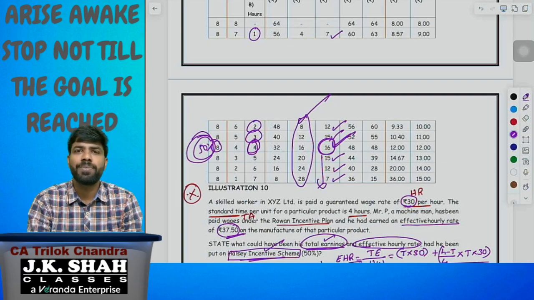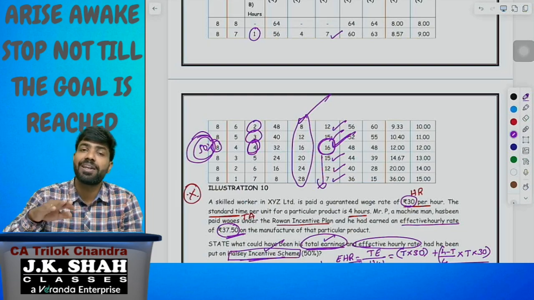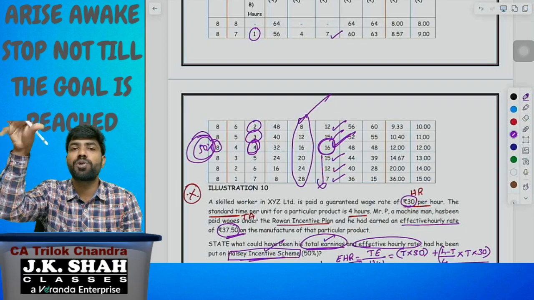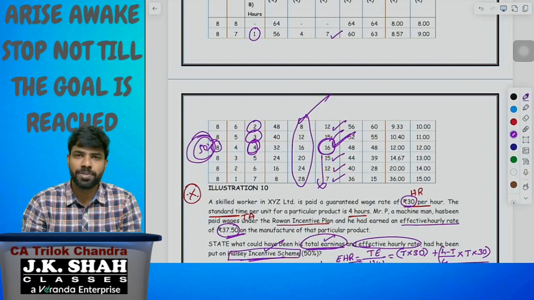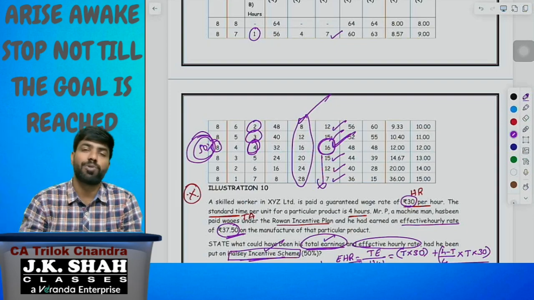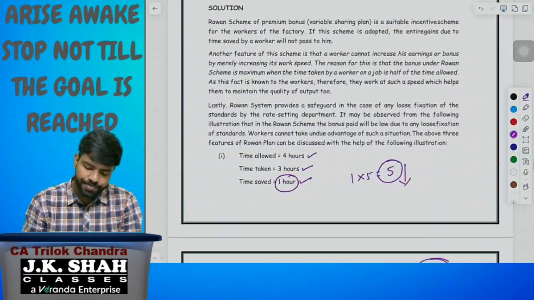So the Rowan scheme will give the maximum bonus at 50%. They'll try to maintain time saved at a maximum of 50%. They'll not go beyond that, because their bonus is decreasing. So that we can maintain the quality also. That is the second point. Third point,